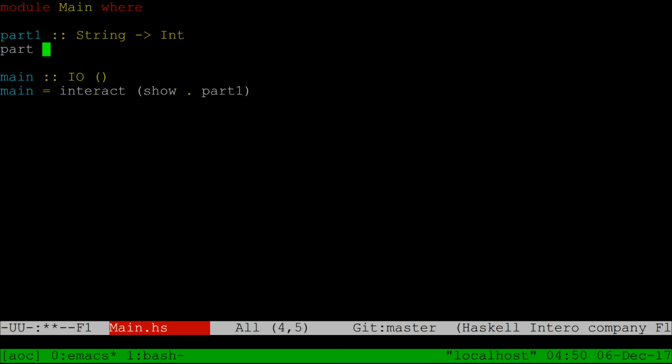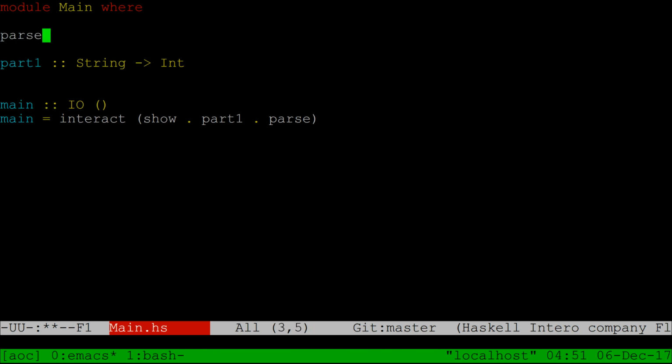So let's write, get out of here. Actually, you know what? Let's put a parse in here, because I bet that we'll want to parse this into a list of, we'll call it pairs, not parse. List of tuple of char and char. So char is character here, and these parentheses mean a pair, like a single char and another single char. This means a list of that thing. So pairs is going to be a function that takes a string, the whole input,